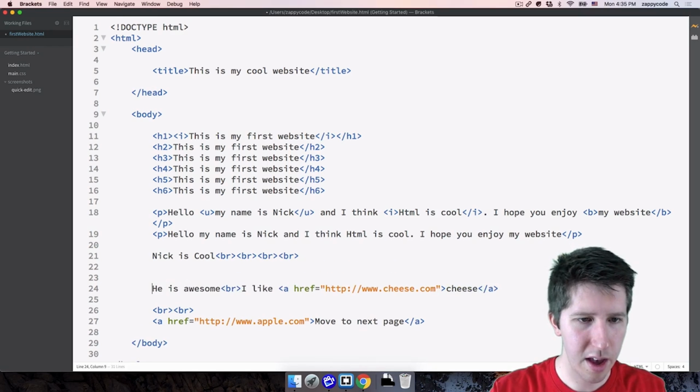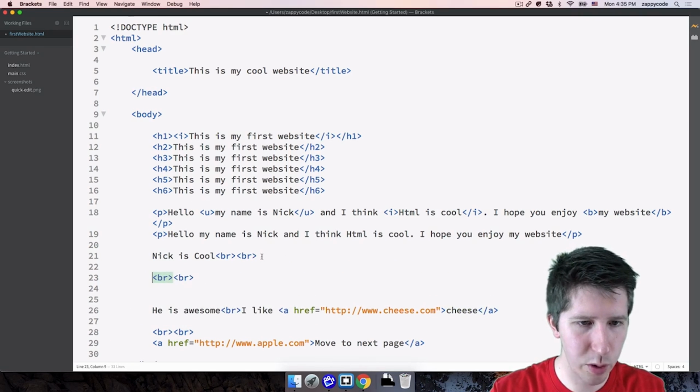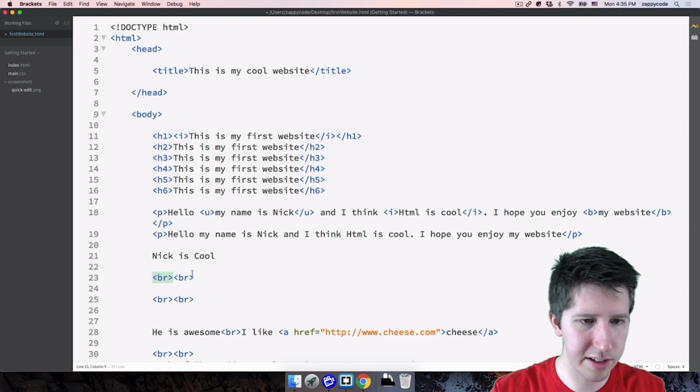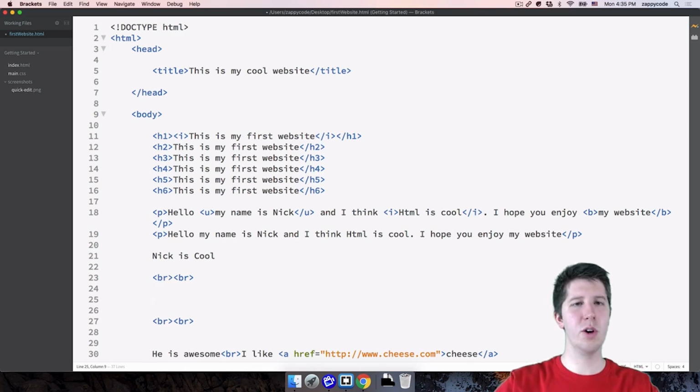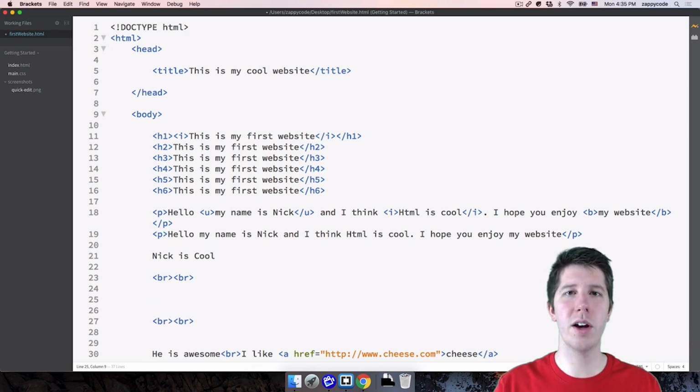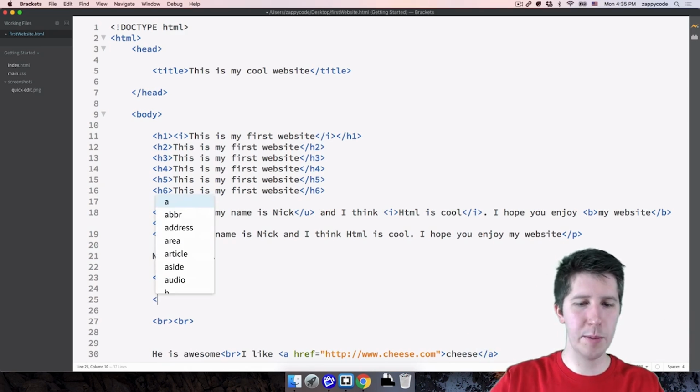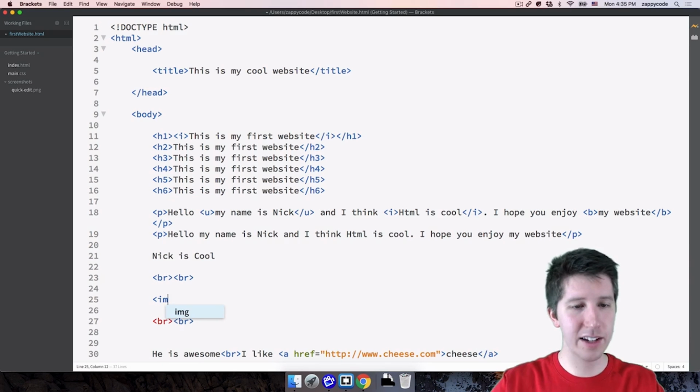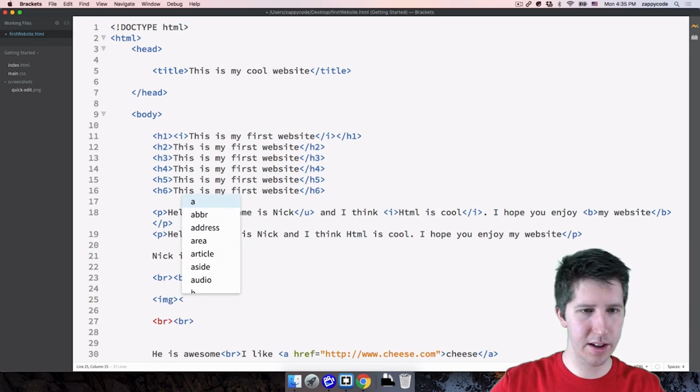There we go. I'm going to kind of move that down. So in between all of these new lines, these breaks that we have, I'm going to put an image. In order to add an image to an HTML website, you use an image tag, which is img. So I'm going to do my img, and